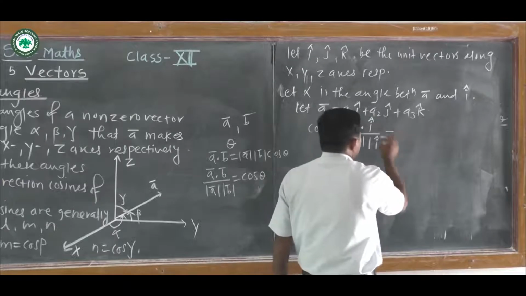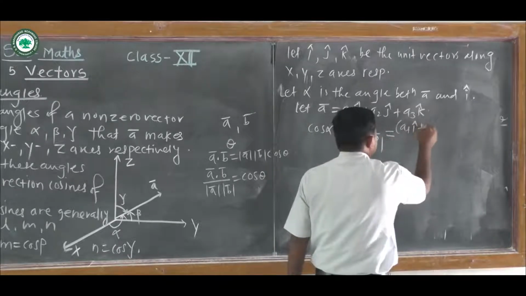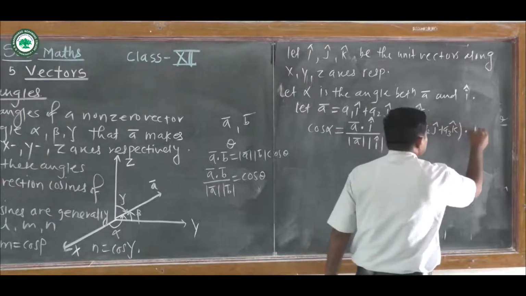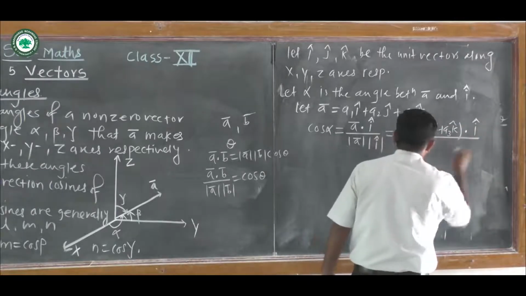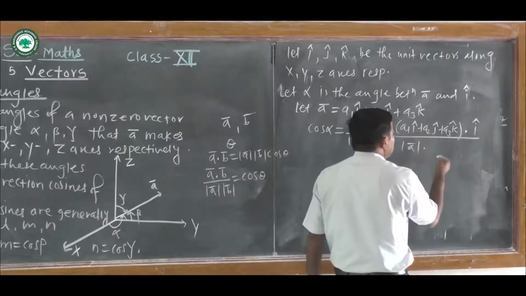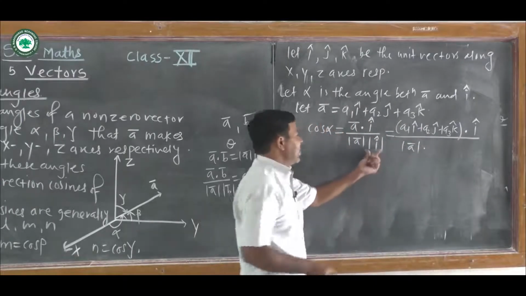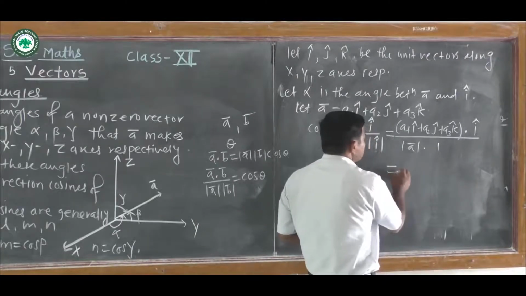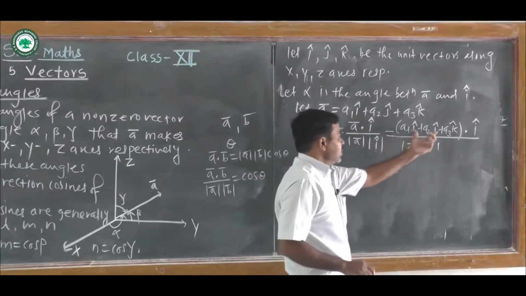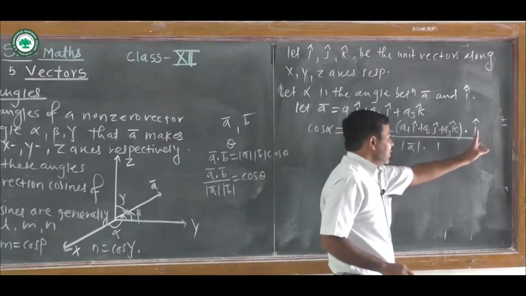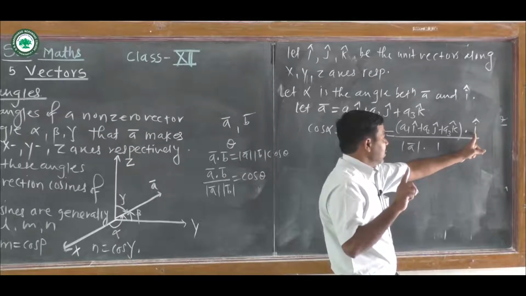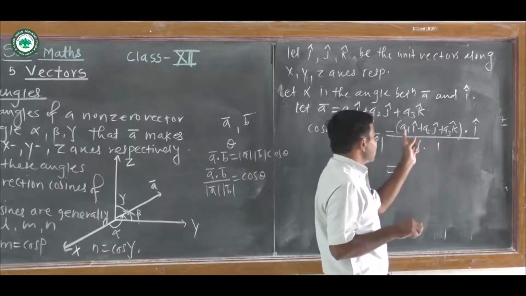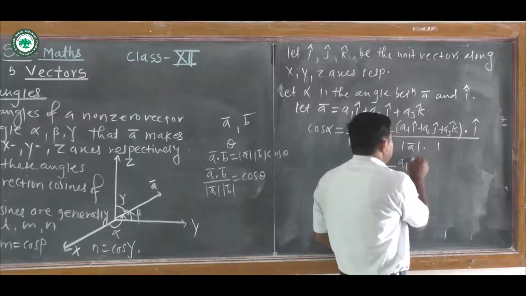Again it is equal to a1 i cap plus a2 j cap plus a3 k cap, its dot with i cap, divided by magnitude of vector a into magnitude of vector i cap. i cap is a unit vector, so its magnitude is 1. In the second vector there is only one component, the i component. So if you take the dot product of these two terms, we get a1 i cap dot i cap